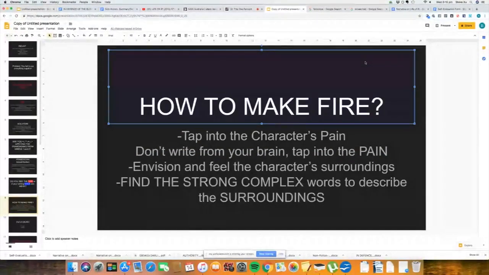If you can tap into the character's pain and you can really envision and feel the character's surroundings, and you can talk about why they're painful,